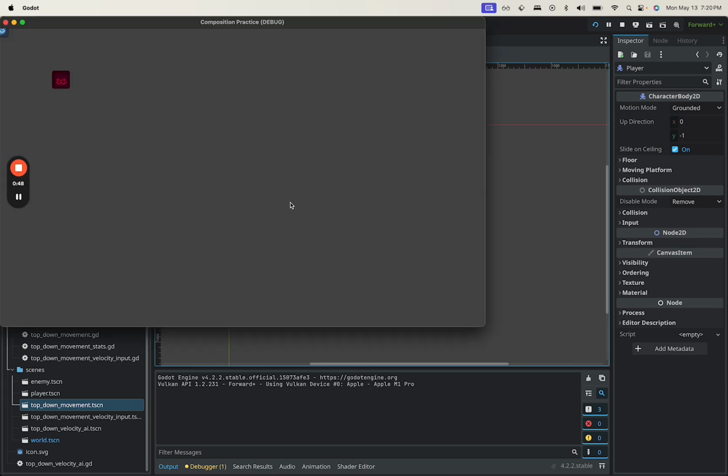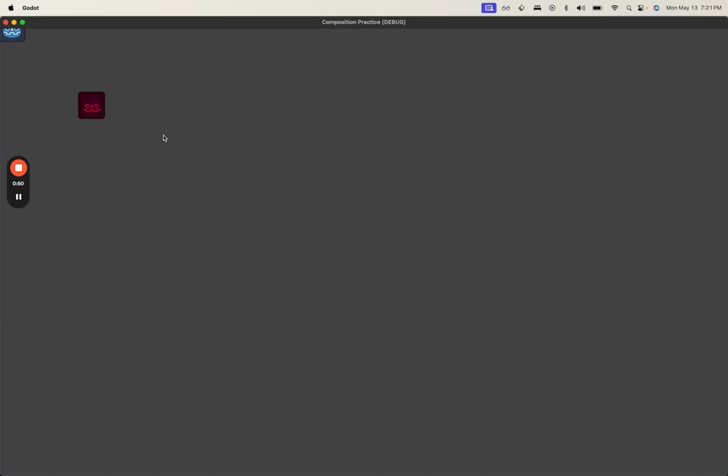Cool, so in the loaded game, let me make this a bit bigger, you can see that the player is a little blue guy that I'm moving around, and then we have an enemy that has some sort of logic that it follows. When there's a player within its little bubble, it'll start following it. I could fine tune those metrics a little bit more, but you can see that enemy logic is there, although not tuned and pretty shitty. So with that being said, let's go ahead and dive in on how I implemented this enemy